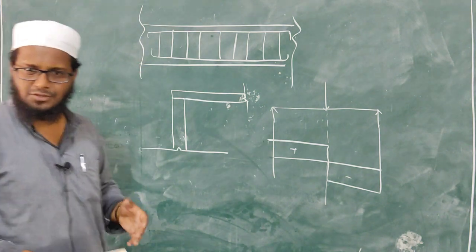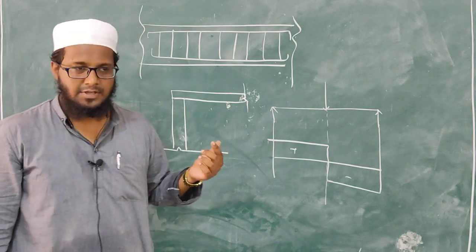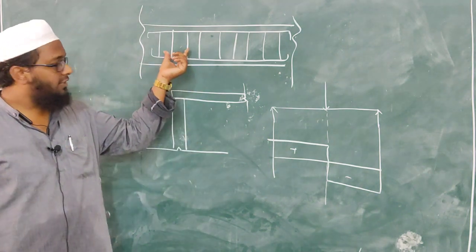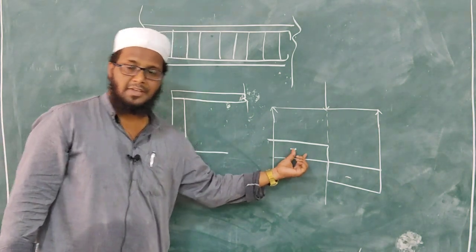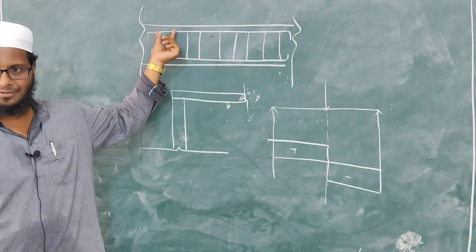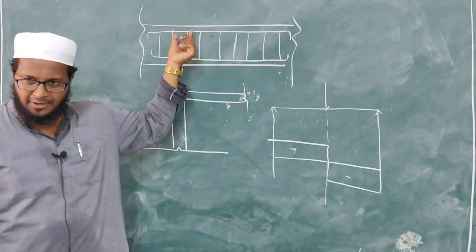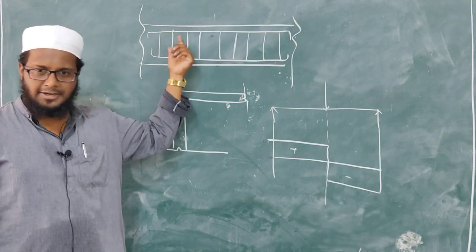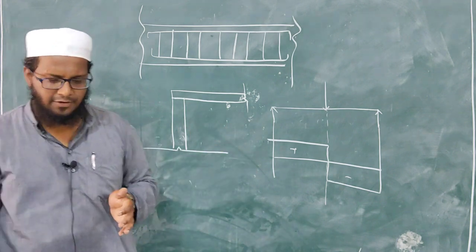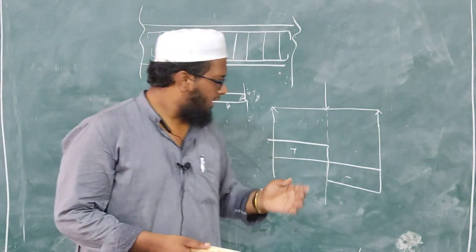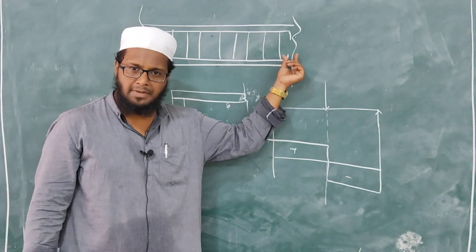It is not just rings or ties, it is nothing but shear reinforcement. With the help of shear force we calculate the number of rings. With the help of shear force we calculate shear reinforcement, or rings, or lateral ties, whatever it may be. Whenever you come across any construction site, you can see that rings will be spaced very closely at the junction of beam and column.